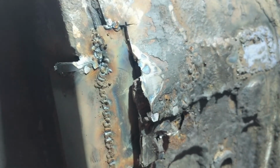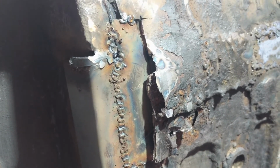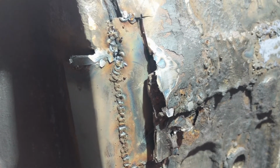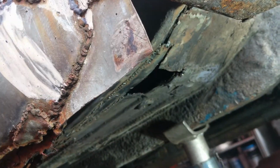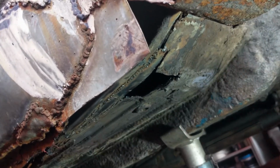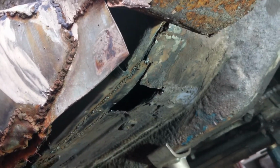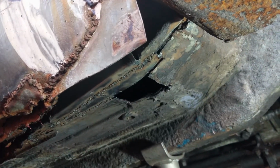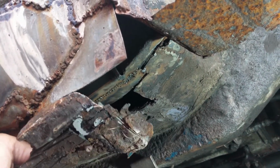Get that bit out. See if I can get it closer to flat, and then have another look at it. Well, if I didn't have it before, I've now got a nice big hole under my floor, and so this was covering it from the inside